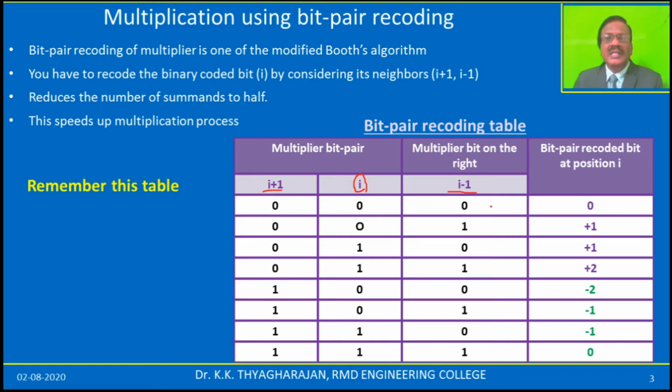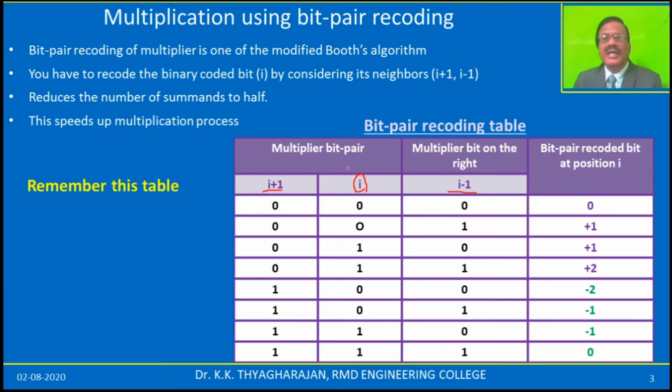You can easily remember this table if you read this one: 0, 0, 0. The next combination is 0, 0, 1. It is equal to 1 decimal. Then 0, 1, 0 is 2. 0, 1, 1 is 3. Then 1, 0, 0 is 4. Then 1, 0, 1 is 5. This is 6. This is 7. So if you write 0, 1, 2, 3 up to 7 using binary numbers, this table you will get.